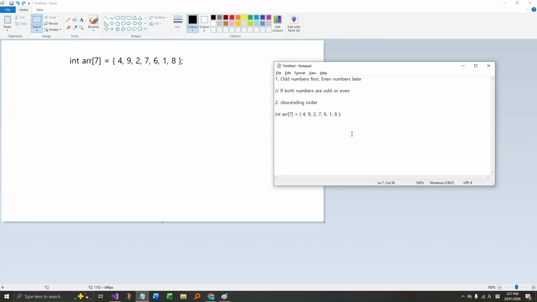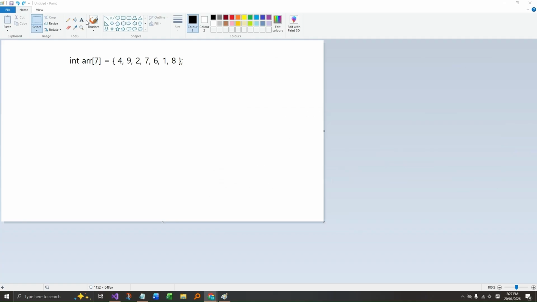Well, let's move on to the next example, which is multi-criteria sorting. The first priority, the top priority, is the odd numbers, and then even numbers later. And if both numbers are the same type, odd or even, we're gonna take the descending order as the second priority. So if we take a look at this array example, since the odd number is the top priority,